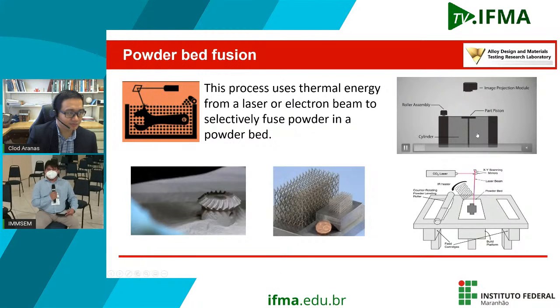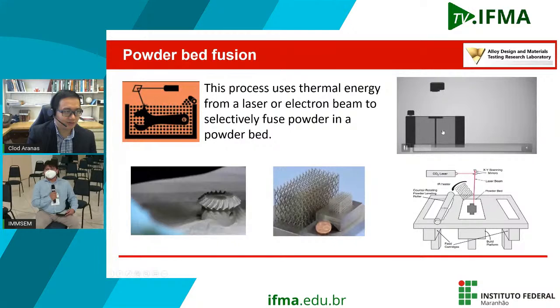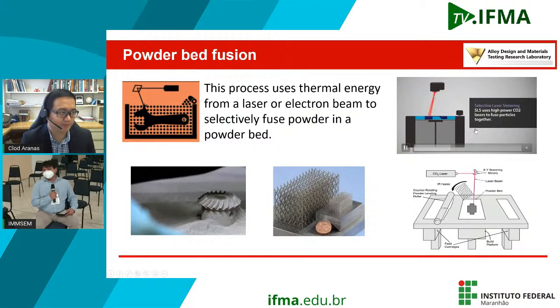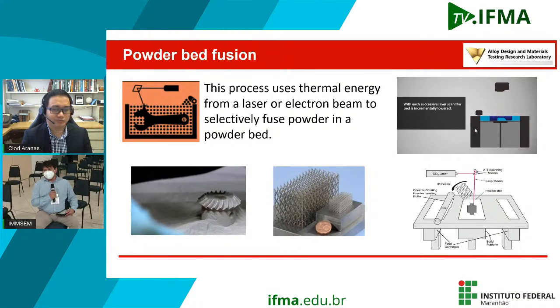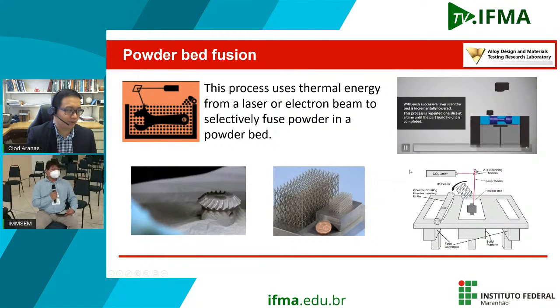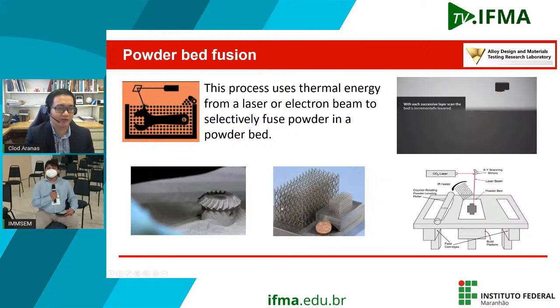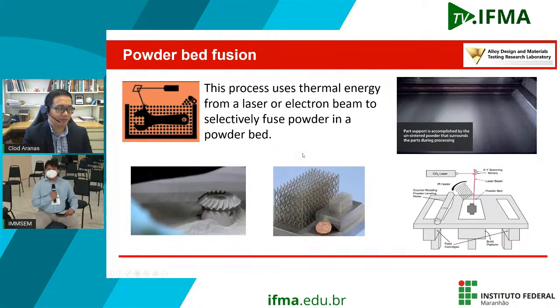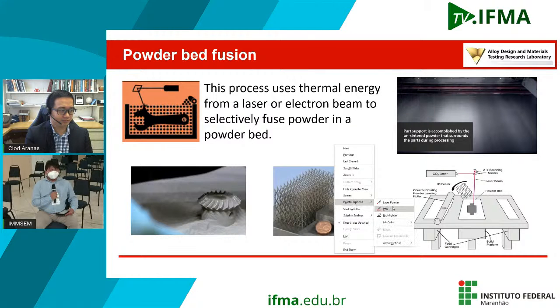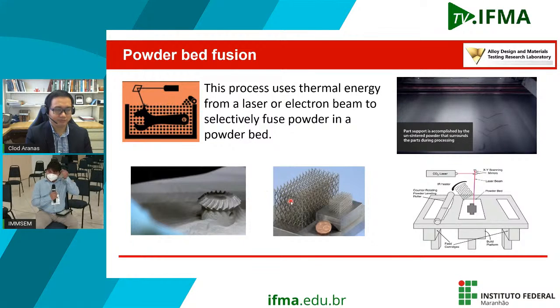Isso é um rápido vídeo do processo, como vocês veem. So first it will deposit a layer of powder, and the laser will melt that powder. Primeiramente deposita um pouco de pó e depois o laser vai e funde certas regiões desse pó. And until we form our object, and the examples are here on the bottom side of the presentation. E a gente vai formar alguns objetos, e você vê como exemplo aqui na parte de baixo do slide, alguns exemplos de estruturas que são impressas em 3D.